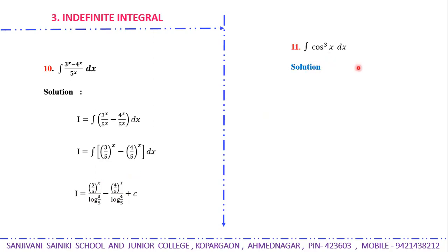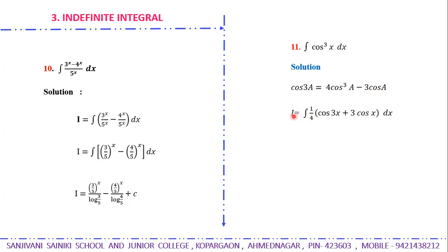To find the integral of cos cube, we have a formula: cos 3 theta is equal to 4 cos cube theta minus 3 cos theta. Similarly, we also have a formula for sin 3 theta: sin 3 theta is equal to 3 sin theta minus 4 sin cube theta. I is equal to 1 upon 4 times, since here is a cos cube, (cos 3 theta plus 3 cos theta) upon 4.